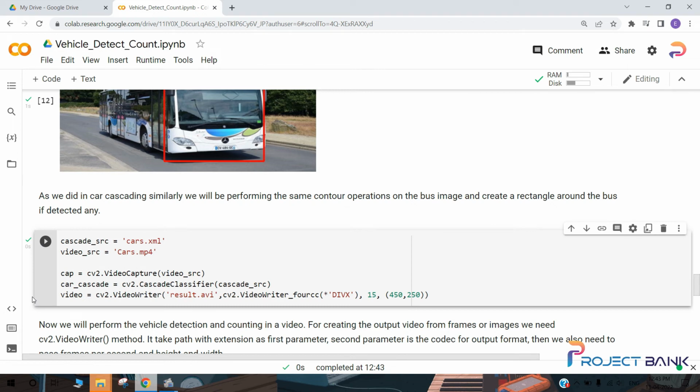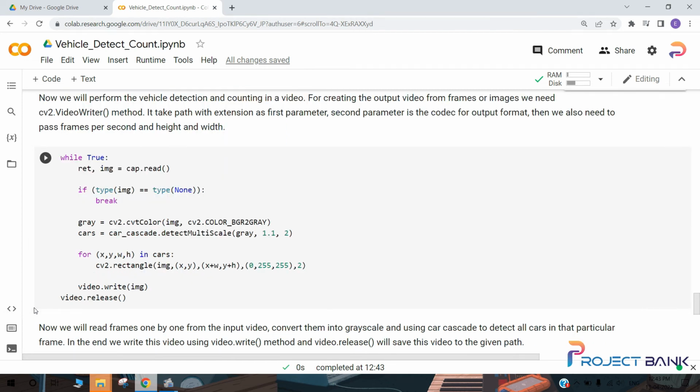So after this, what we will do is we will read the input video frame by frame, and we'll convert that into grayscale, using the haar cascade. And we will detect the cars in that particular frame. And in the end, we will write the whole video using the video.write method, and then we will save it using video.release to a given path. So let's run this cell and convert our video into grayscale, and use the haar cascade to detect the cars in that particular frame and save that video frame by frame using video.write